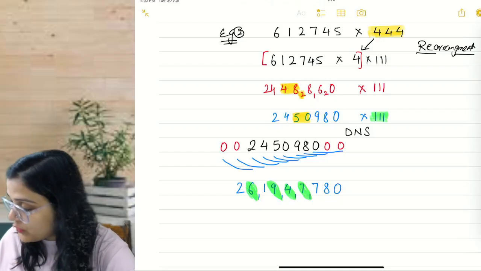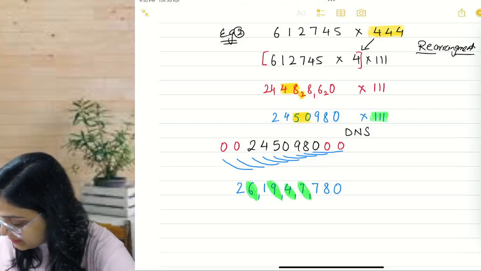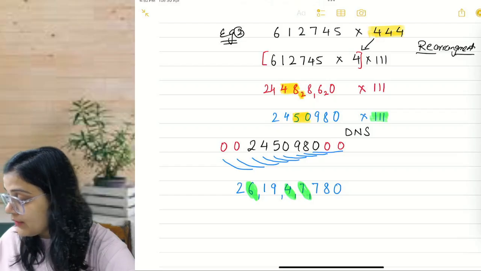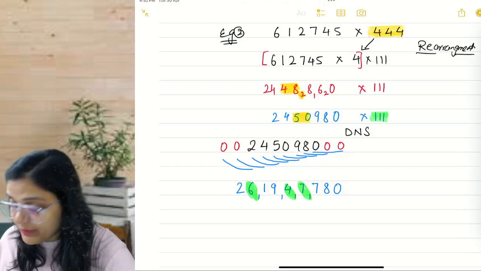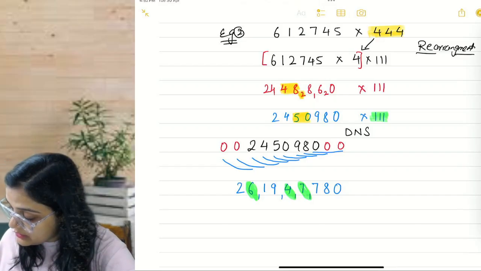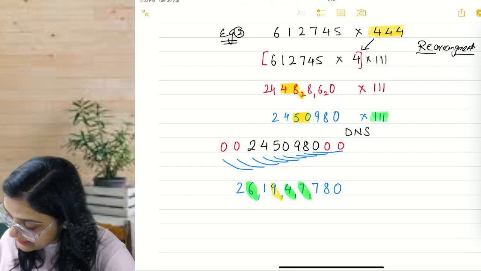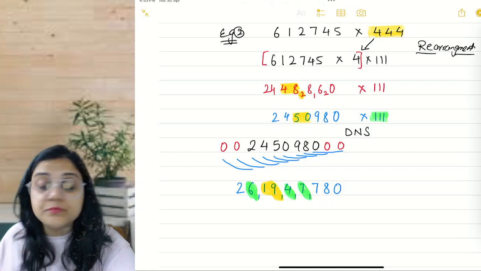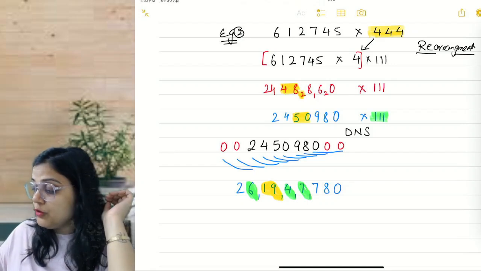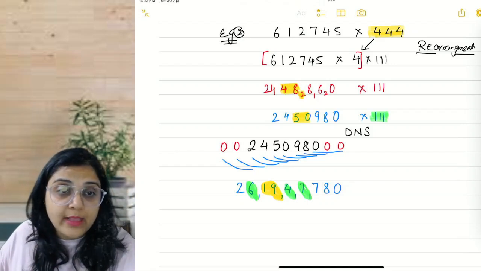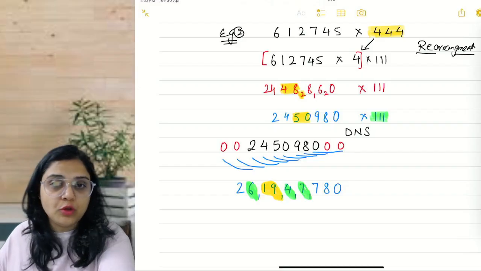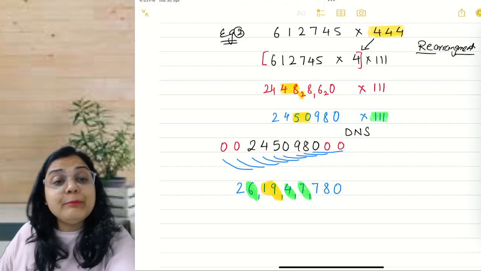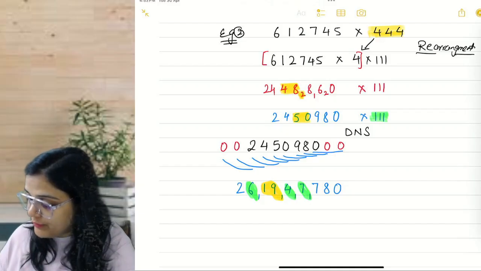But I just want to tell you one thing. See, I am removing this highlighter. See, there is no carry between 9 and 1. So instead of 9 and 1 adding like this, I will add 19 and 1 so that I can do this adjustment in a single step. Alright, I hope this is making sense. If not, then you can do it in 2 steps also. I'll show you the calculation for 2 steps also in the same question. Okay, let me do it directly for one single step first of all.